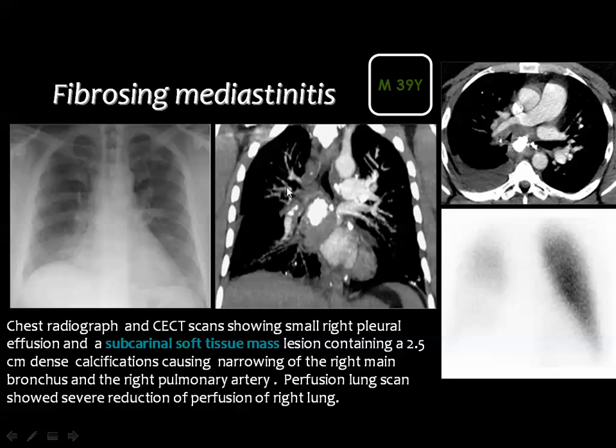This big soft tissue mass with dense central calcification seen in the subcarinal area, encasing or compromising the lumen of the right pulmonary artery, which is reflected on the perfusion scan. You can see this lung is not well perfused compared to the left side,